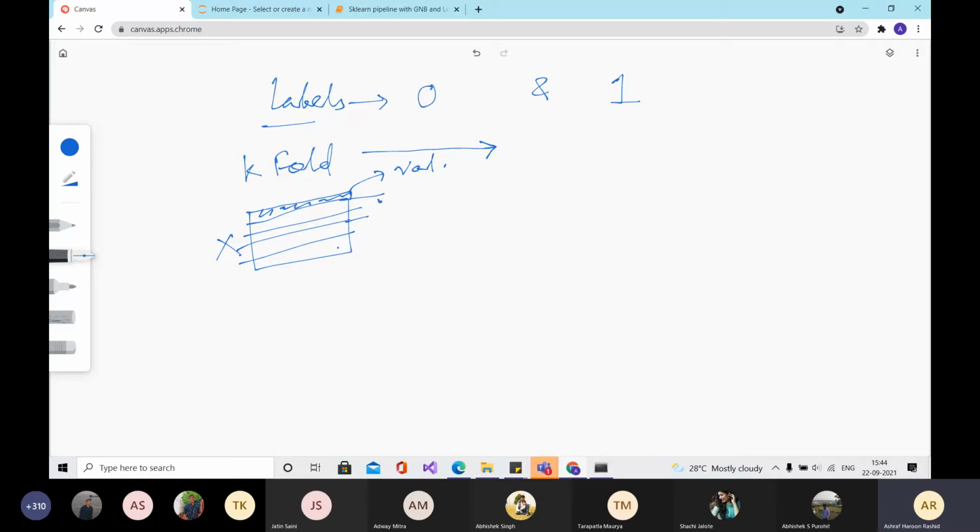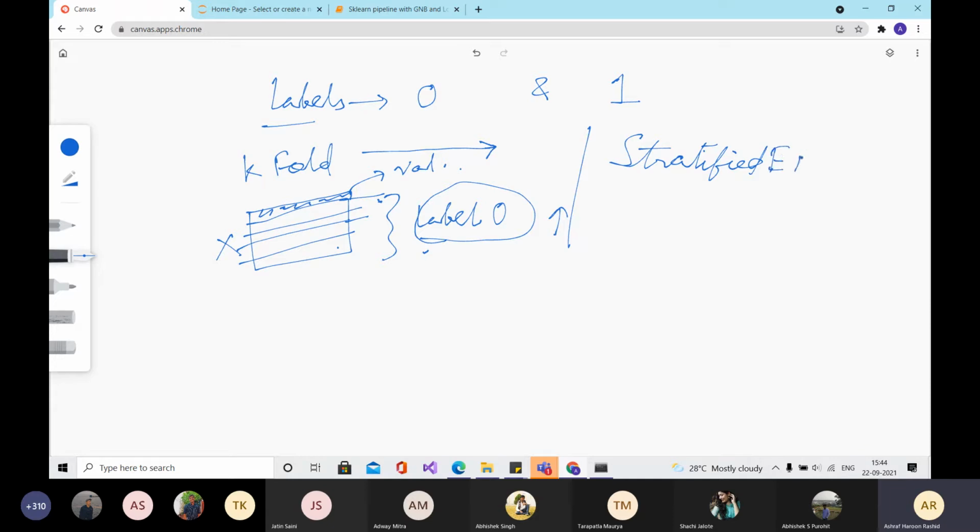It might happen that in the training set, samples with label 0 are mostly present, and the proportion of samples with label 0 is more, but in the validation set, the proportion of samples with label 0 is less. Stratified k-fold avoids that,